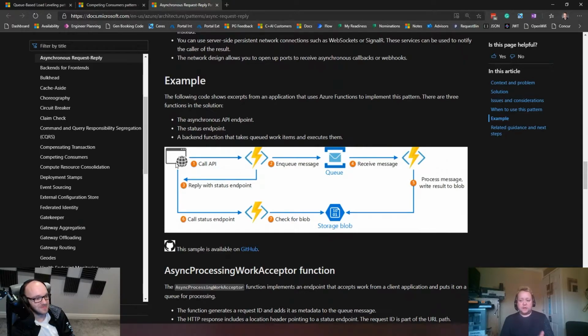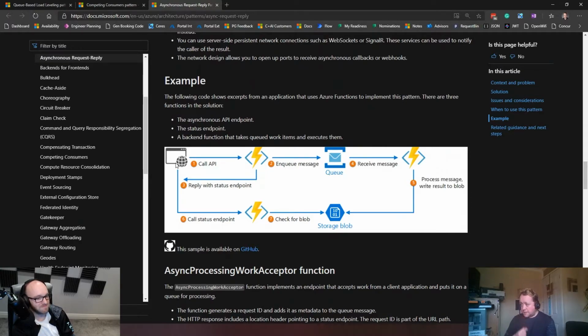Check it every so often, and at that point there is then the reply. I think it's a Retry-After header that's set at the HTTP level that says try again in 1 minute, try again in 20 seconds. So it will then asynchronously call that status endpoint at number 6. Notice I haven't said 4 or 5 yet. But number 6, my web client will call number 6. The next thing it will see, it will go away and check for the result. The result won't be present yet because my queue processor hasn't actually processed the message, depending on how long that reply was. So what's more than likely is it will back off. Yeah, back off, retry shortly.